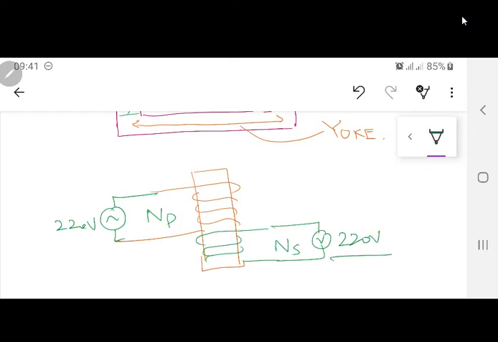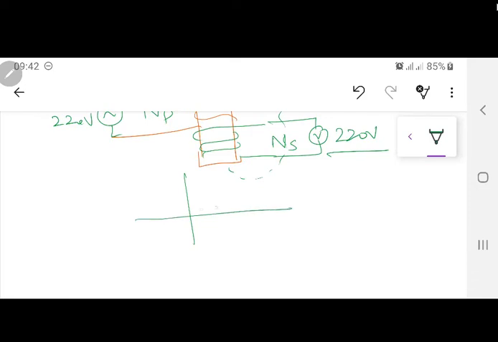Why? The flux path is not there. Theoretically, yes, you can call this a transformer, because there is actually a flux going to flow over here. But since it is flowing through the air, the reluctance of the air is so high that there is going to be only a very small amount of flux. So you are only going to get a very small value of rate of change of flux, and that small value of flux is not going to induce an EMF inside that.